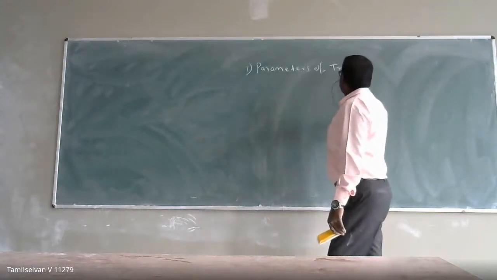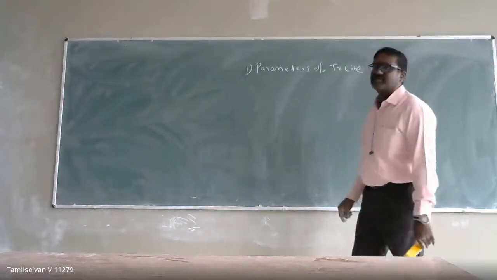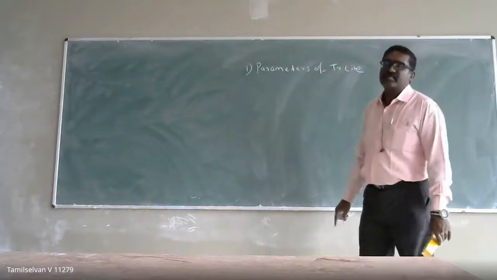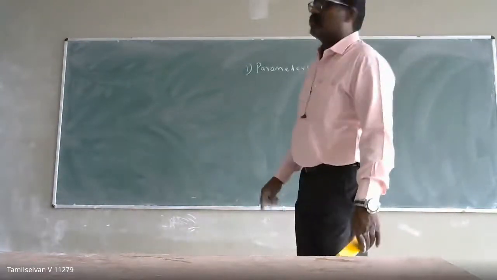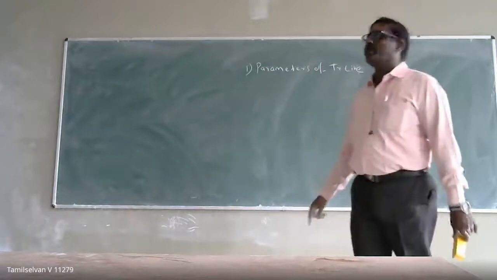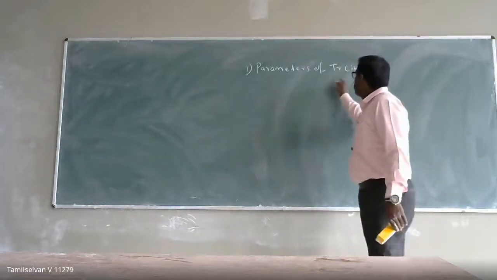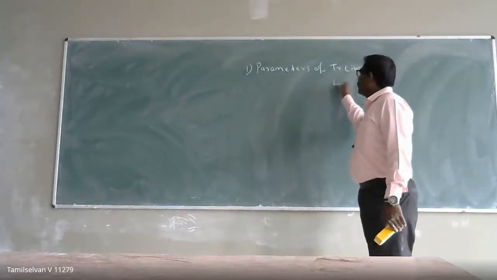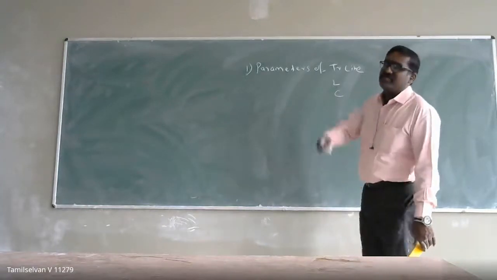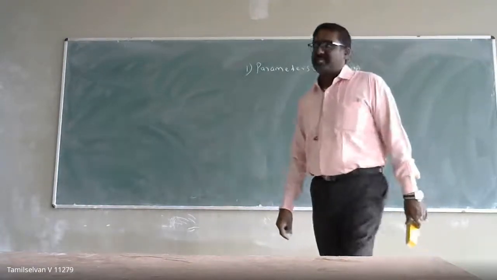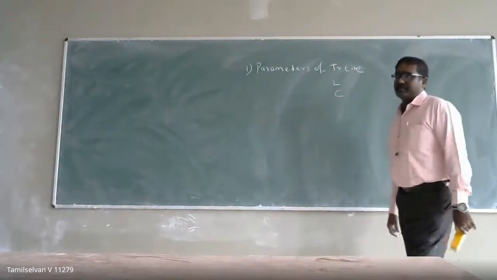So when it comes to the parameters of the transmission line, the transmission line is the best example of a distributed element. In a circuit, you have studied lumped elements and distributed elements. So one example of a distributed element is the transmission line. It means the phenomena of inductance and capacitance will be present throughout the circuit, which you cannot physically remove from the circuit. That is called the distributed parameter.